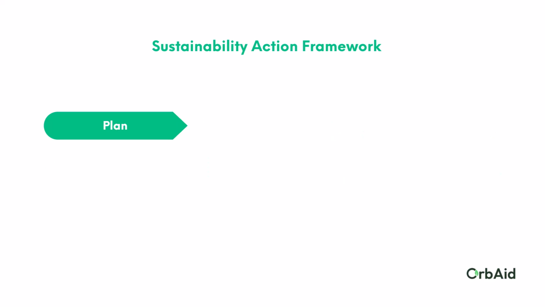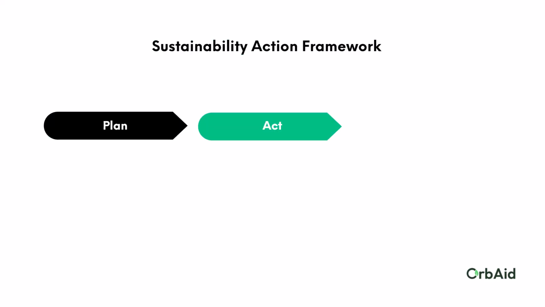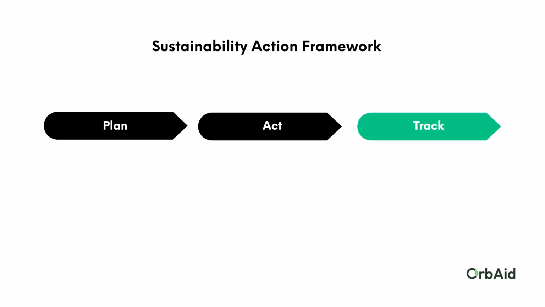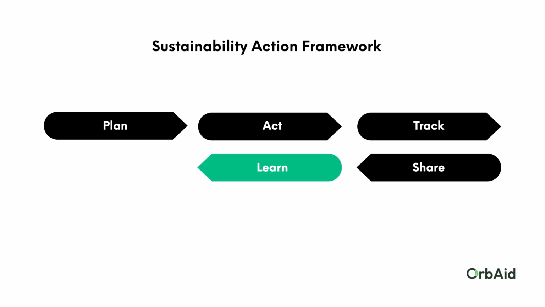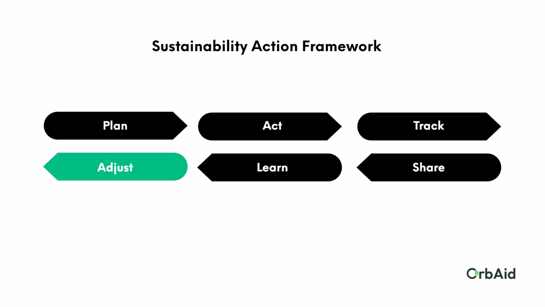On the planning front, consider evaluating how other companies approach target setting. On the acting front, explore tools used by companies to expedite sustainability project implementation and achieve faster results. On the tracking front, observe how companies are shortening the reporting time for sustainability outcomes. On the sharing front, study how leaders inspire their teams to advance projects to the next level. On the learning front, assess how organizations share project ideas across different locations. On the adjusting front, analyze how leaders are leveraging lessons from both successes and failures to enhance environmental impact and business profits.